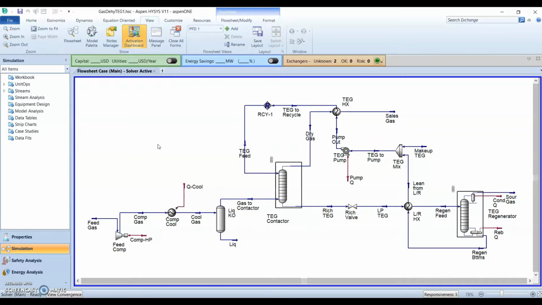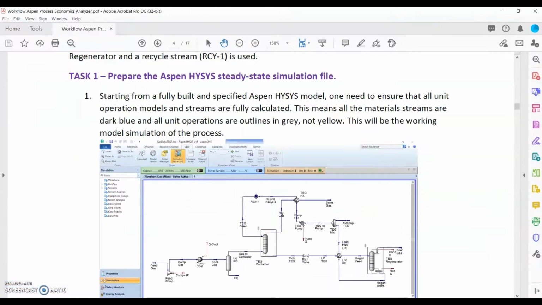You need to ensure that there's no errors, and then all the streams are fully defined and all the unit operations are fully defined. So how do we know that? How do we know that is by looking at the stream colors. So all the stream colors, the material stream colors must be dark blue color, and then for the unit operation, all the unit operation must be gray color. Okay, once you have this, then you can continue to